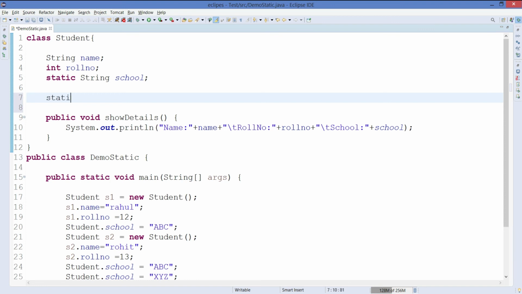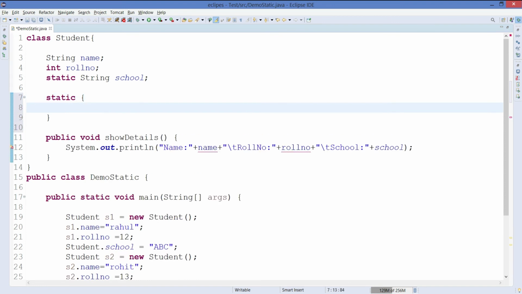So I will just mention here a static block. This is the syntax of a static block, in which you will have static as a keyword, and then you will have the curly braces. Whatever you write inside will be executed first, before the object is created. If I say before the object is created, it means before even the constructor can be executed. For example, the constructor is executed at the time the object is created. So static blocks are going to execute even before that.